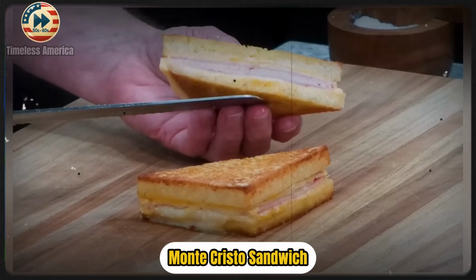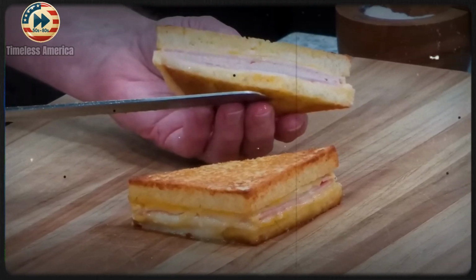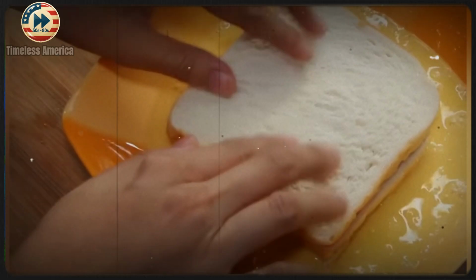Decadent, golden, and dusted with sugar, the Monte Cristo was the kind of sandwich that blurred the line between lunch and dessert. Inspired by the French croque monsieur, it first gained American fame in the mid-20th century, especially after appearing on the menu at Disneyland's Blue Bayou restaurant in